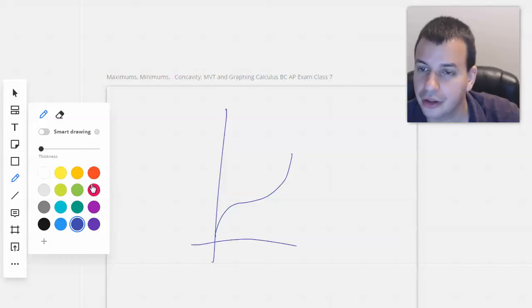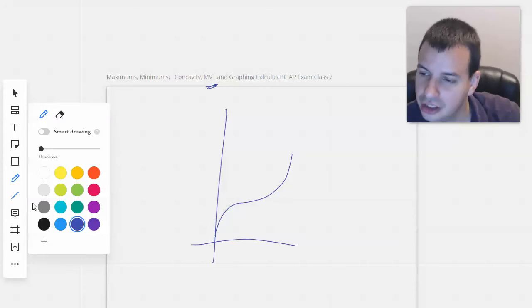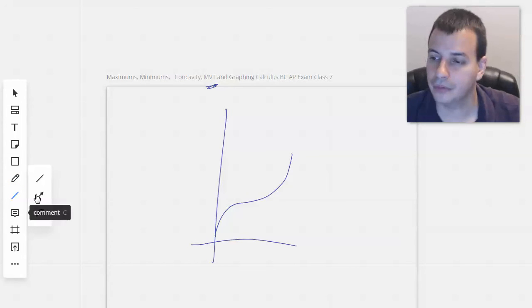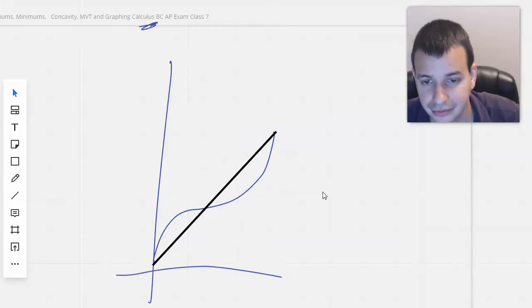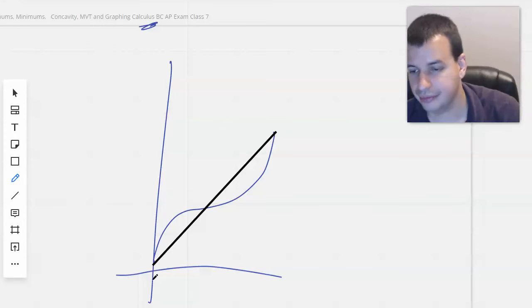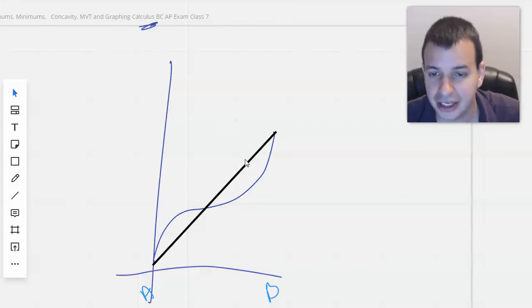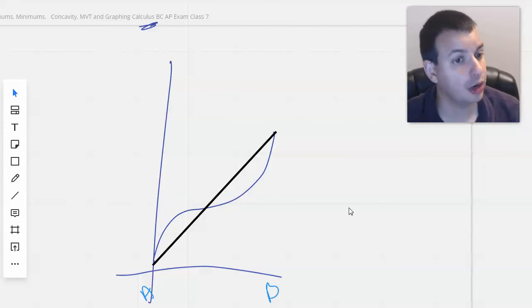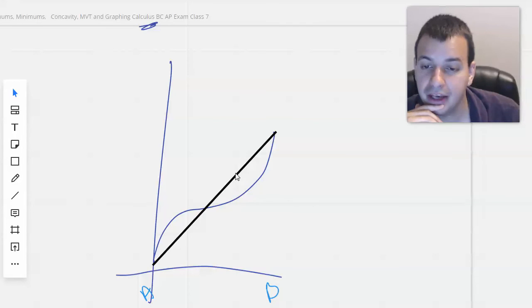And the mean value theorem goes that if you take the slope from the beginning to the end, we'll say this is point A, this is B. So you take the slope from A to B, and it says that if it is continuous, basically you draw without picking your pen up, and it's differentiable, basically meaning no pointy spots anywhere, then you will be able to find somewhere on this graph